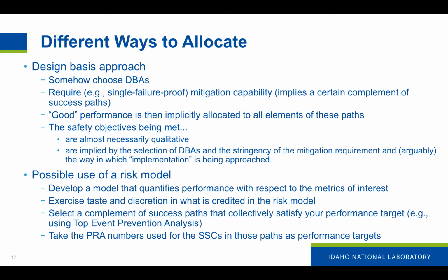I think a modern approach for a Gen 2 type plant would take credit for multiple success paths, and that would be the point. The complement of success paths that collectively satisfy your performance target. You know, if that makes technical sense to you and gives you the risk number NRC wants to see,